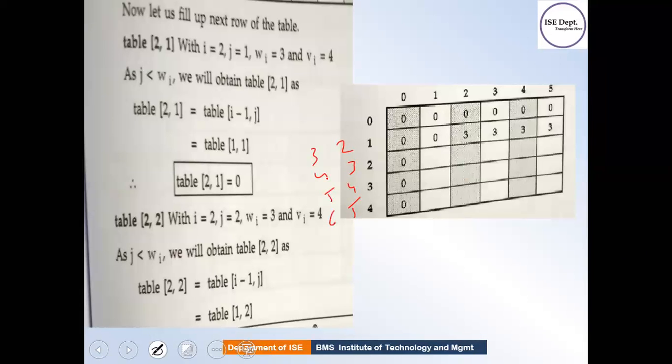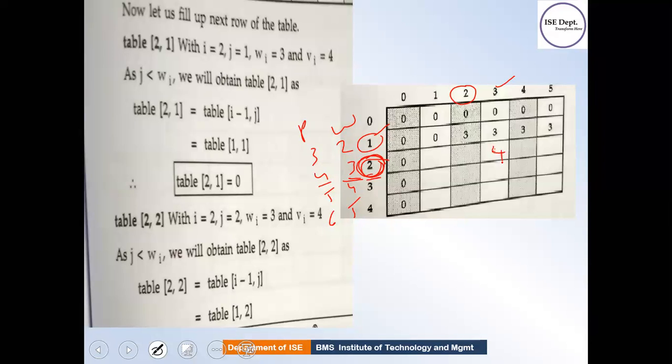Correct. So what I wanted to say here is, this is a weight and this is a profit. Okay, the weight here is 2. I want to fill the object 2 and 1 also, because I am talking about object 2, and we also deal with object 1, the previous one, right? The weight of object 2 is 3, which means I can use this object only when the bag's capacity is 3 or more than 3, right? So I can start writing here. I can fill the objects only here.